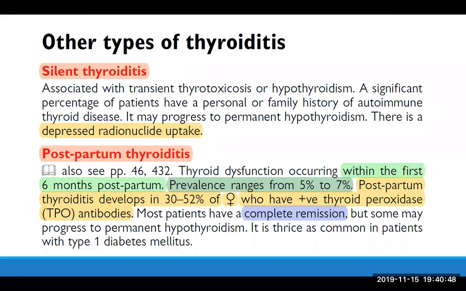The prevalence of postpartum thyroiditis is 5 to 7%, and in a previous exam they asked about the prevalence of postpartum thyroiditis. Postpartum thyroiditis develops in about 30 to 50% of the females who are anti-TPO positive. And of course, most patients of postpartum thyroiditis return to euthyroid,